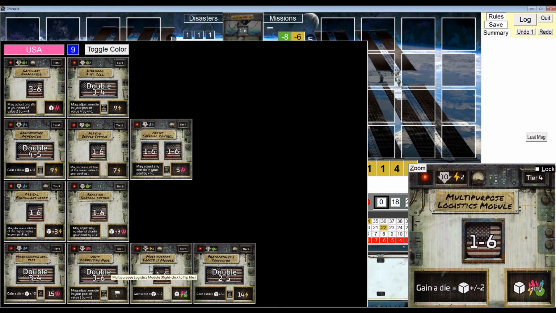This one, the multipurpose logistics module, is actually the one I have my eye on. This lets you generate the value of the die in any combination of resources that you'd like. This is going to use 10 of my capacity, and look at it, power is going to drop by another 2. But I do want to demonstrate the multipurpose logistics module, so that's the one we're going to install, except we